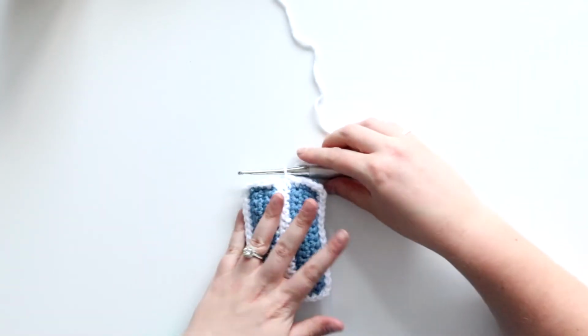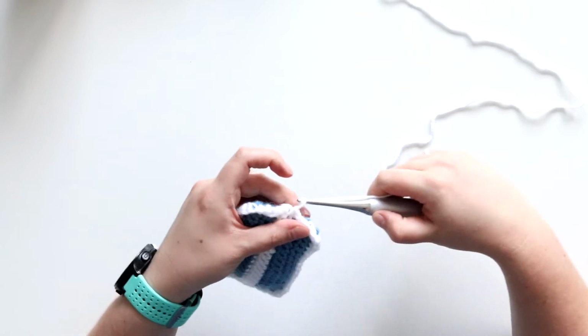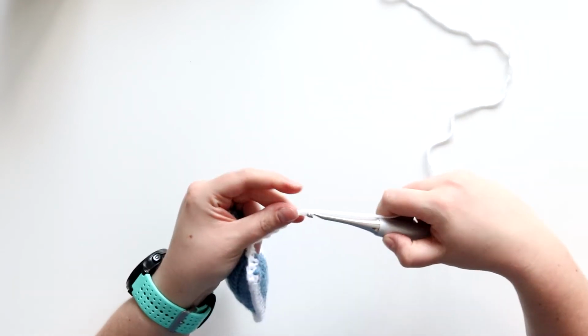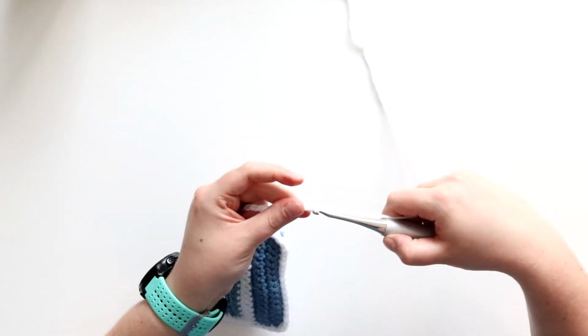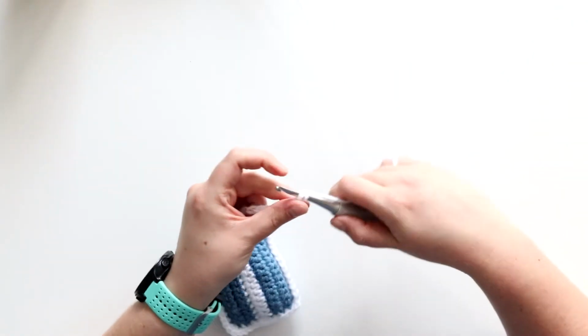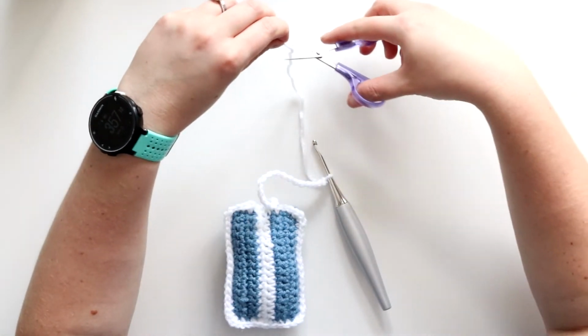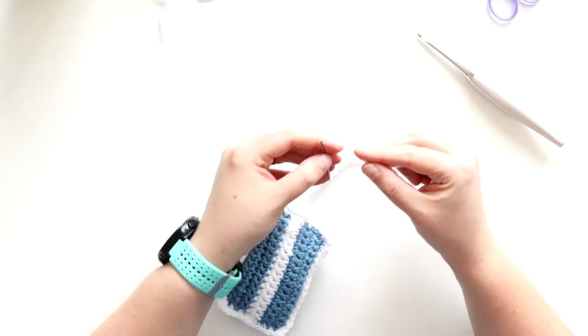All right. Now I'm going to chain 20, and this is how I will create the little hanging loop. And then trim a piece of yarn that's maybe like 6 inches long. Pull your hook out, insert your tapestry needle,